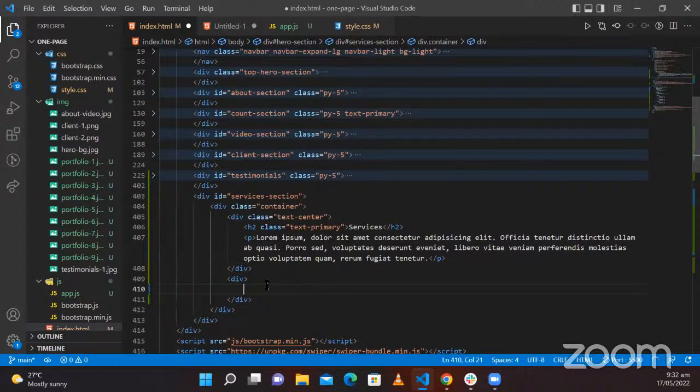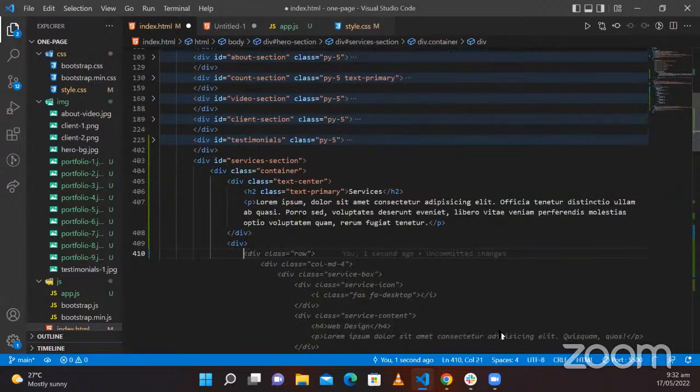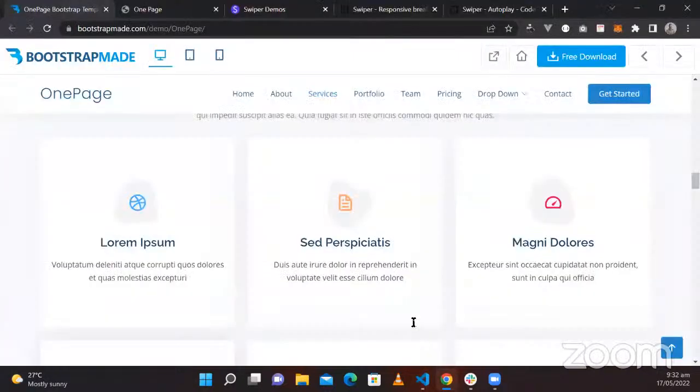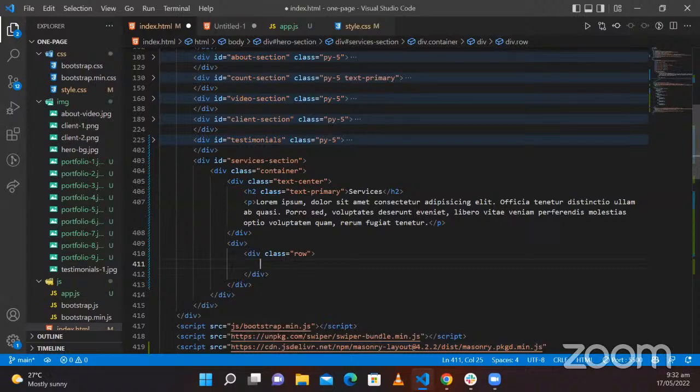You can just put it within a div or a section. Okay, so inside here, I'll just do a row. And then, because we have three sections,